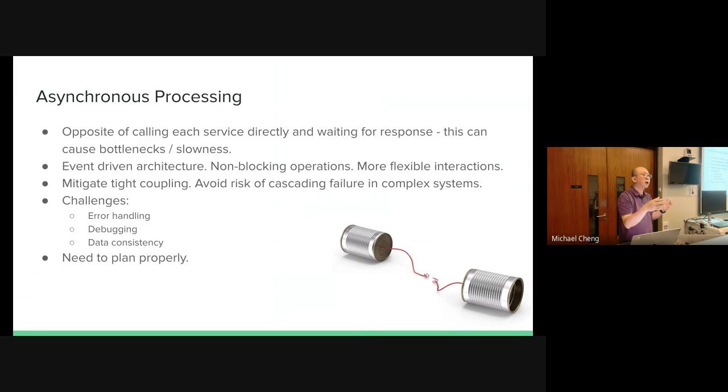So things like, as I said, maybe it's not critical for me to see the response. It's like email. I don't need to know that the synchronization with the external system is done. All I need to know is that I successfully made the payment, for example. But the challenges then become error handling and debugging,